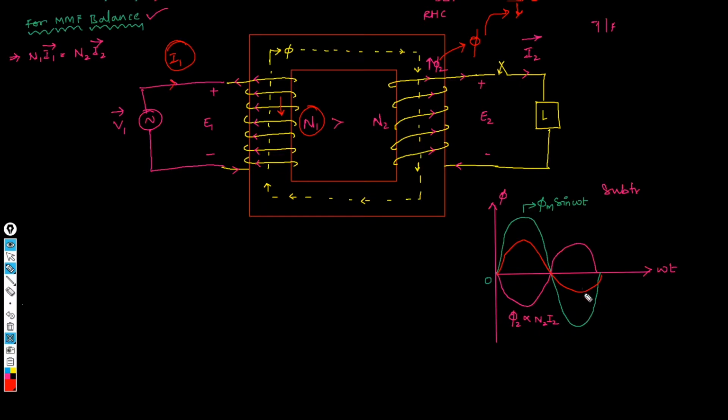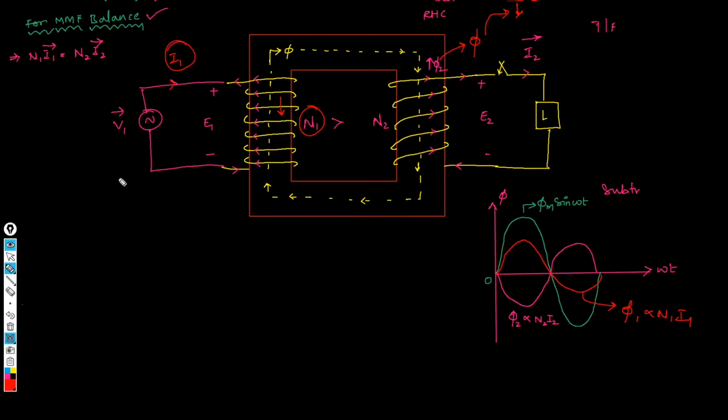So this is phi 1, which is directly proportional to N1 and I1. What happens is, at the final stage, these two additional fluxes, phi 1 and phi 2, which are created due to connecting the load, cancel each other, and only the flux which remained in the earlier case remains in the transformer. In this way MMF balance will be created and it will be maintained in any transformer that is in the working stage.